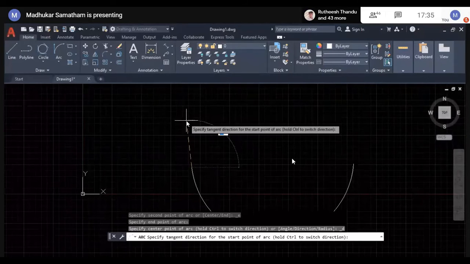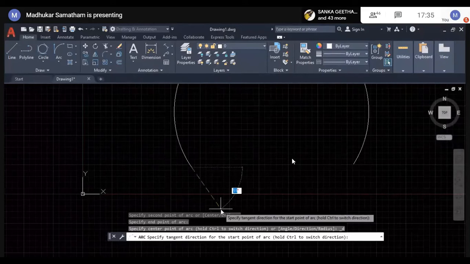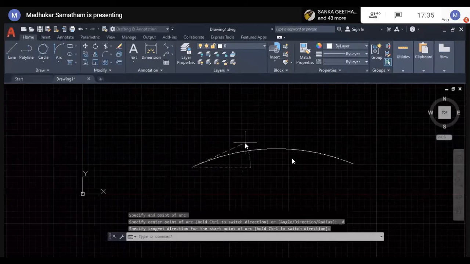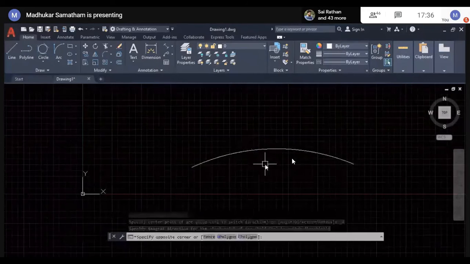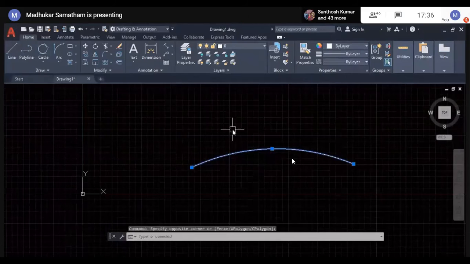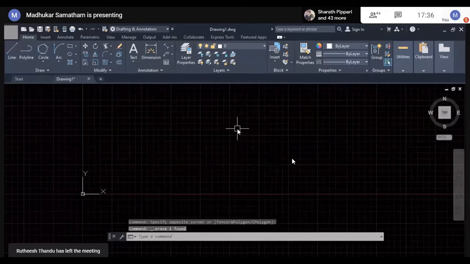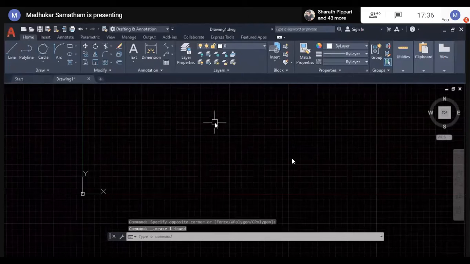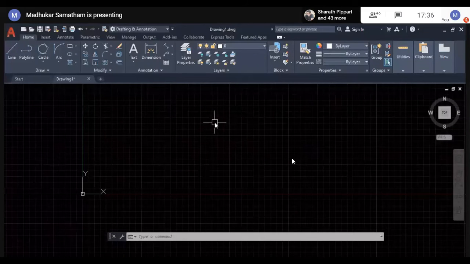When we move the cursor, depending upon that, the arc adjusts. So move your cursor carefully when you are using the graphic user interface, or else you can specify the commands or parameters. By using those parameters, it will generate the arc.